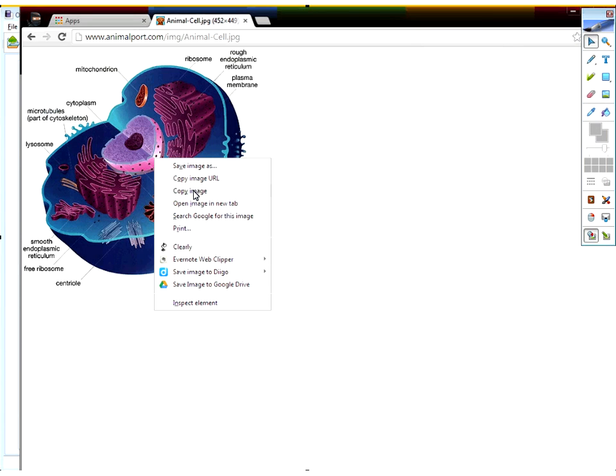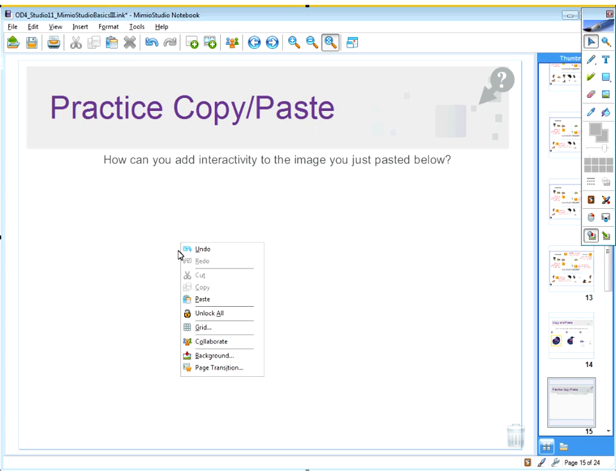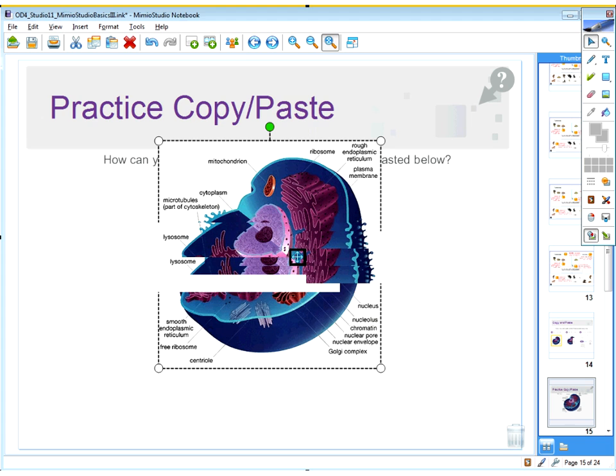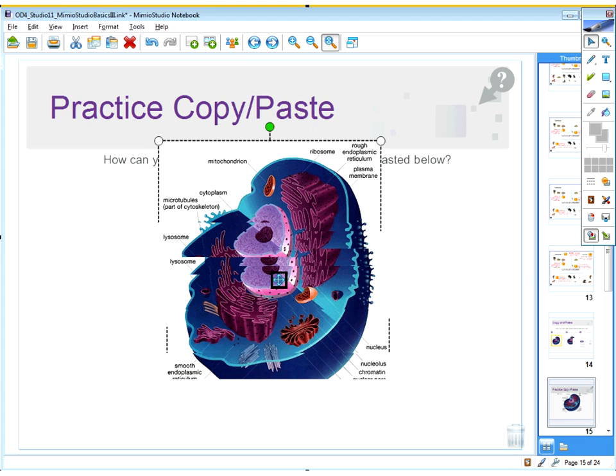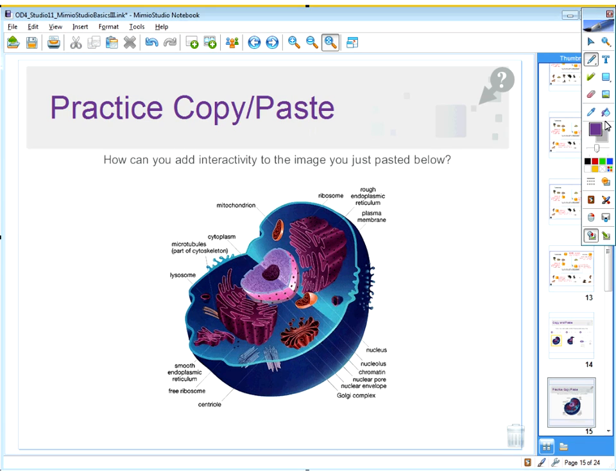When I right-click on this then, I'm going to click on Copy Image. I'm going to come back to my document, go onto this blank page, and I right-click and paste, and my image is in here. So we're all set. Now some things that I can do to add some interactivity to this: I can click on my pen tool and change my ink to white. And now I can write over the top of these